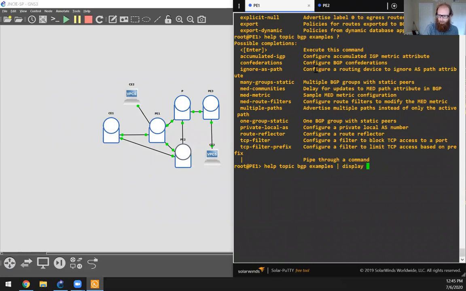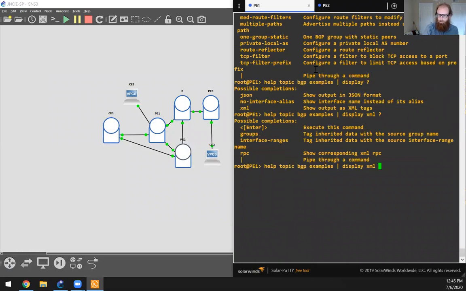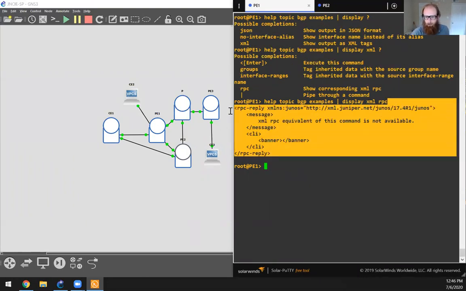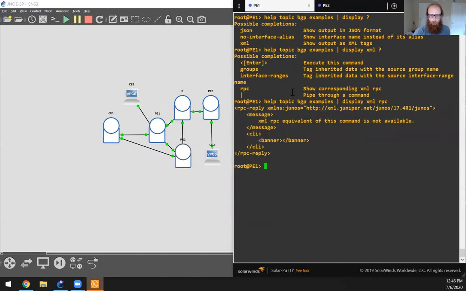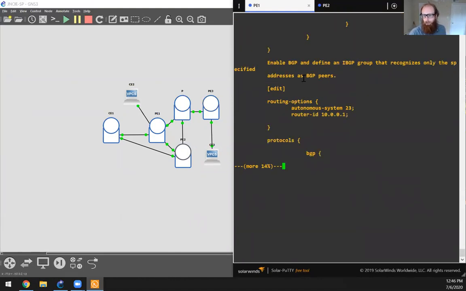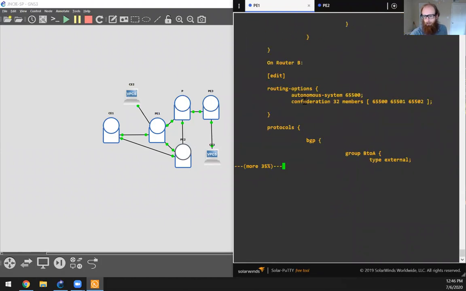There is XML. Sweet. Okay, so this is what I would need to do that. Oh, actually, RPC command is not, yeah, because that's only an on box command. But I can do